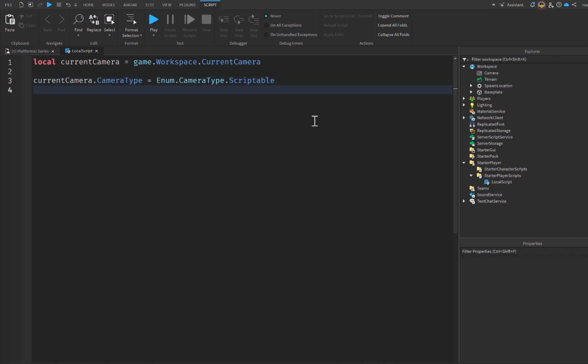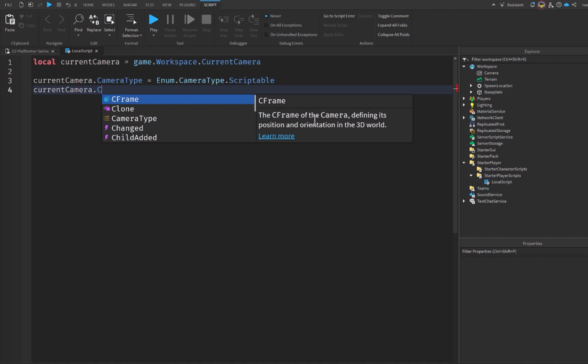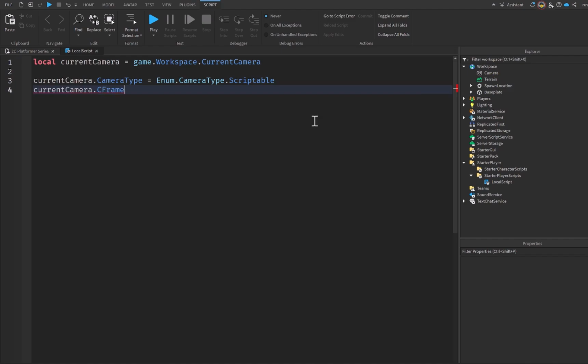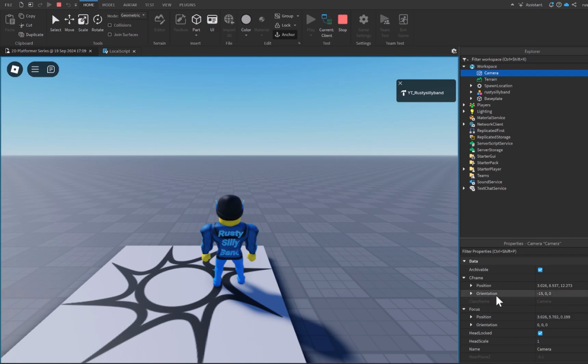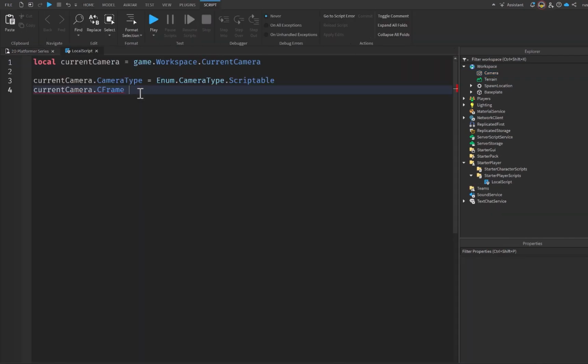And from there, you want to say current camera dot C-frame. This is another common property that you're going to be using inside of your scripting with cameras. And there are a few different things we can do with the C-frame, because as you'll notice, the camera C-frame has two different properties within it: the position subproperty and then the orientation subproperty,